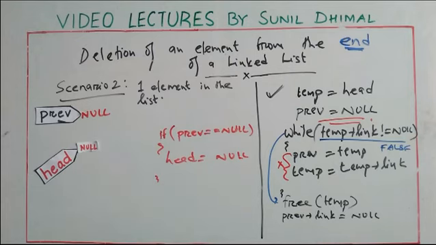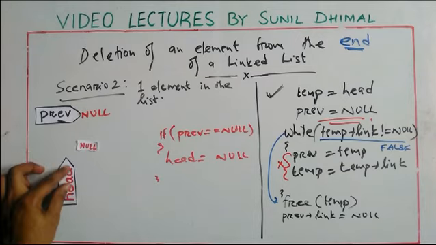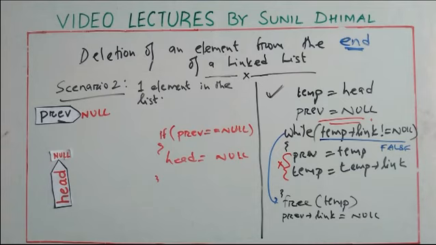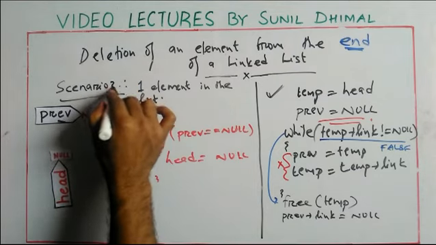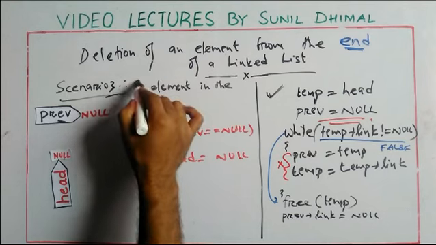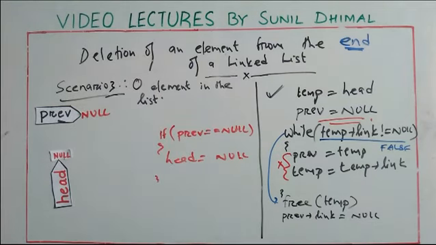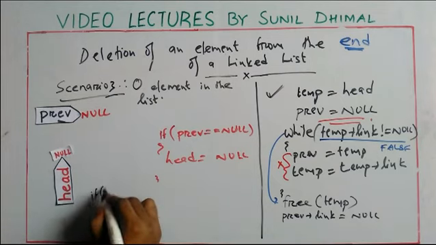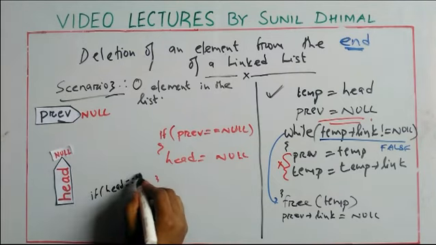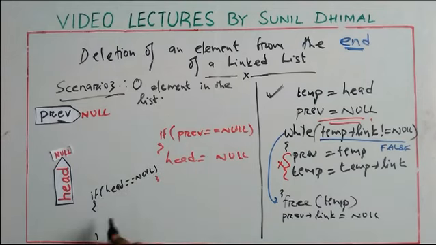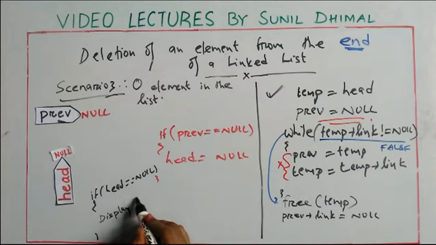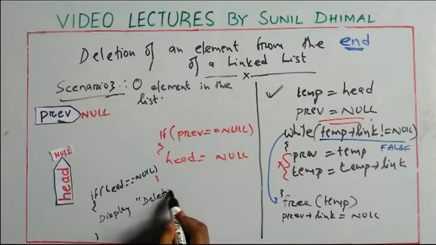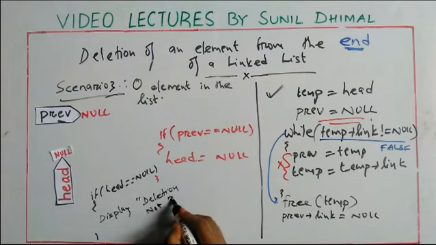right? And you may have one more scenario, that is scenario number 3. In scenario number 3, you have no elements in the list. I actually have 0 elements in the list. Right? If you have 0 elements in the list, head would be pointing to null. So in scenario number 3, if head is equal to null, if there is no element in the list, you have to display that deletion is not possible,